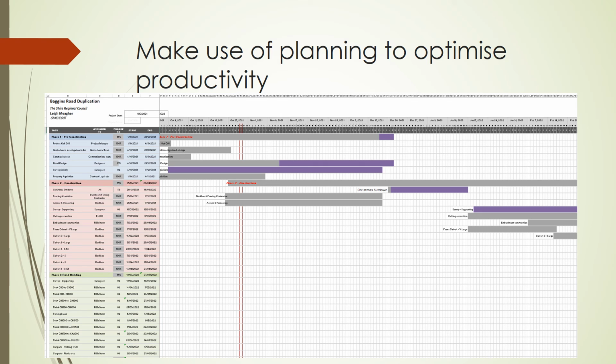The idea about planning is it allows us to plan for known events and make the most of them and plan around them. A good example here you can see is the Christmas shutdown period, which is a big purple blob in the middle. This allows the engineering documentation to be completed before, and we can then stagger the construction after the shutdown so that we don't expect our contractors to turn up on the first day and be trying to do a whole